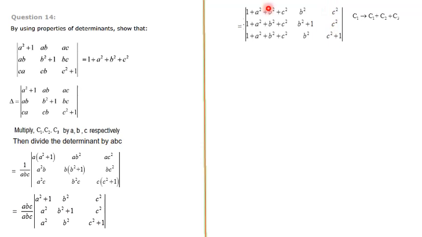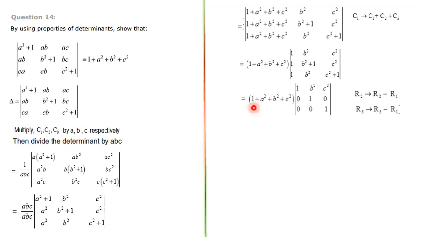Now we can check. The first column there is 1 plus a square plus b square plus c square, which is common. Take it out. So 1 plus a square plus b square plus c square, if you take outside, the first column all changes to 1 and the second column same, third column also same. Now as before, the common process, any two elements we have to make 0. That is R2, I am changing R2 minus R1. This element I can make it 0. Again R3 also I am changing. This element I can make it 0. That is R3 minus R1.